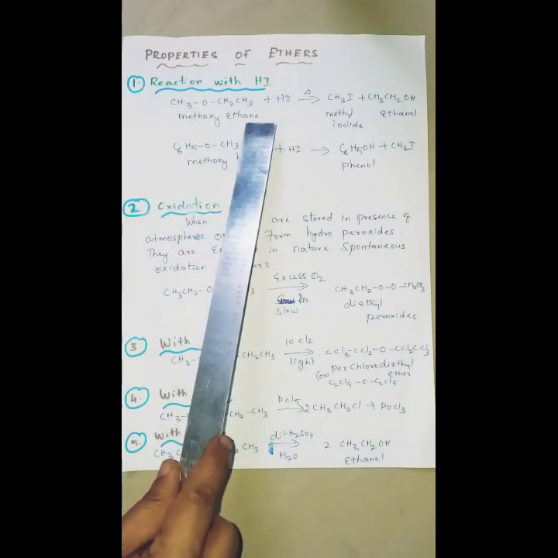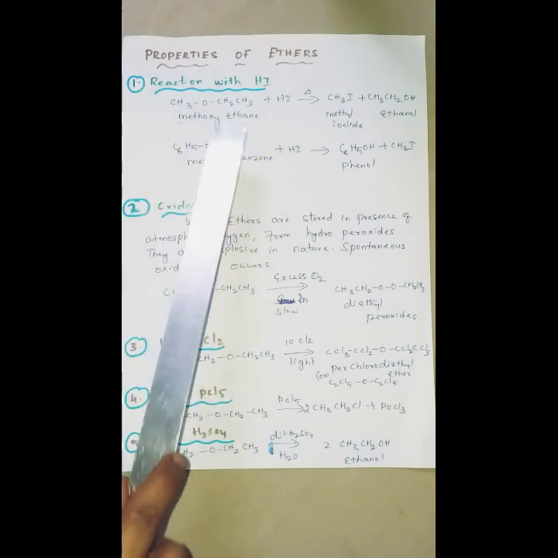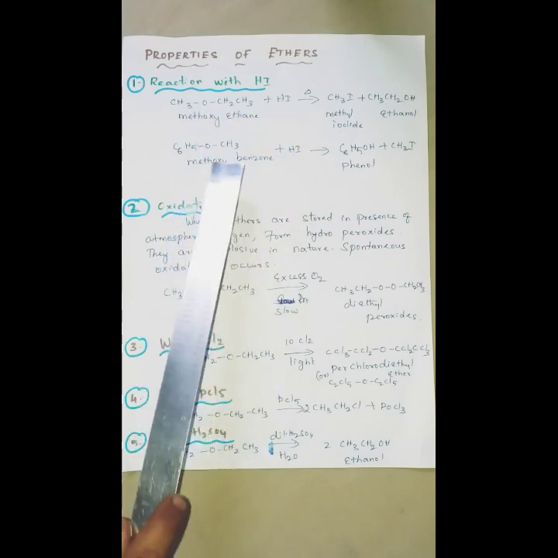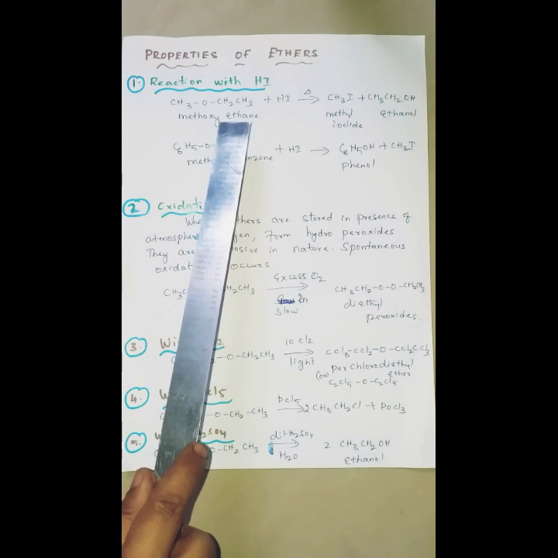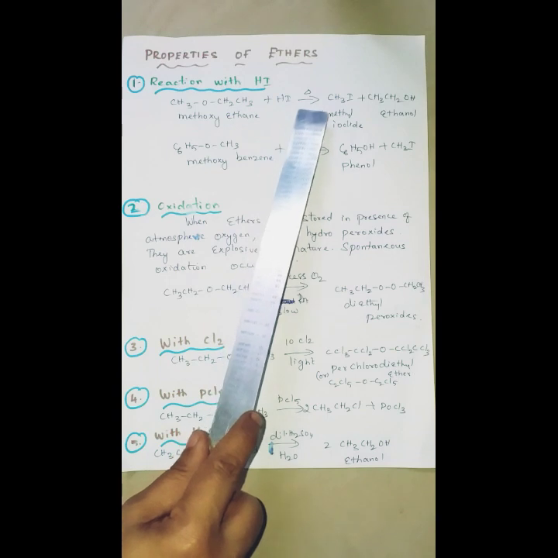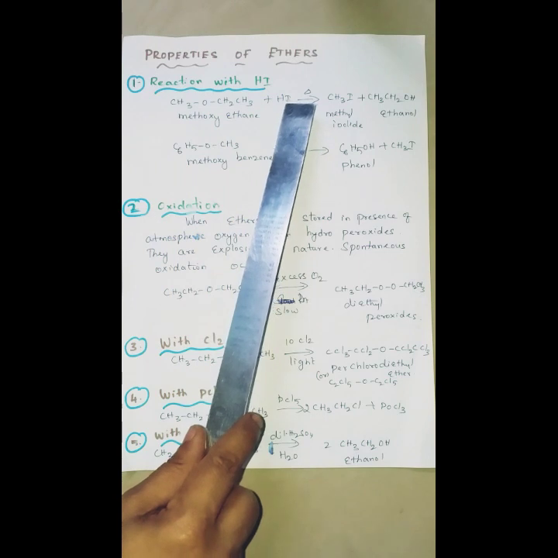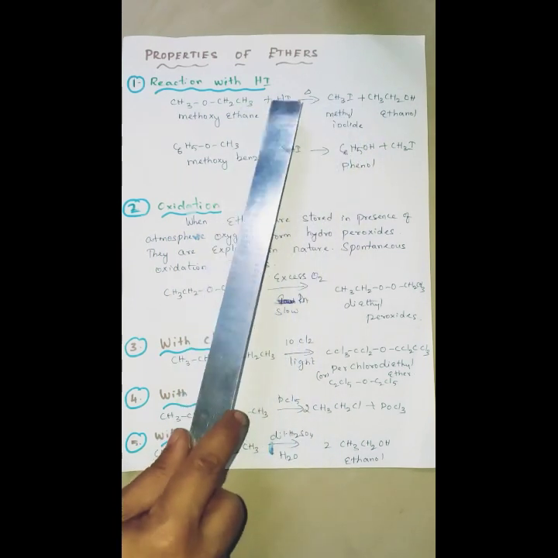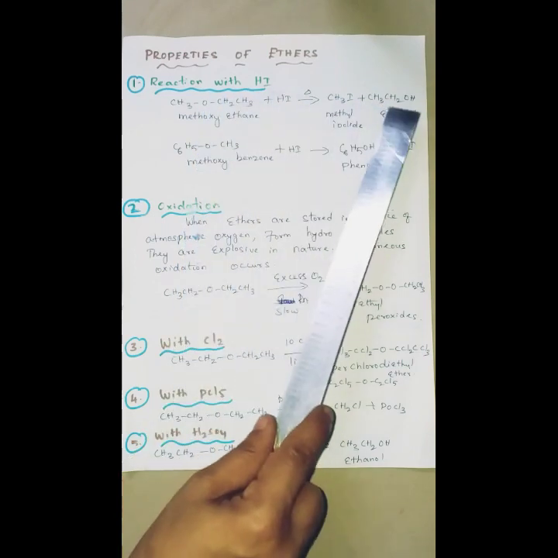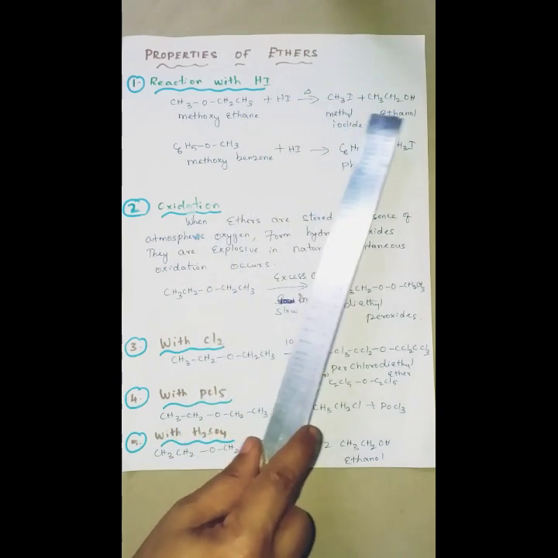See, here is methoxyethane and here is methoxybenzene. The difference is only that here there is a methyl and ethyl group, and here a phenyl group. If you know the name, you can write it, or else only the equation alone. When it is treated with HI, hydroiodic acid, and heated, the CH3 group takes away the iodine to form methyl iodide, and the H adds here to form CH3CH2OH, ethanol. So methoxyethane treated with HI forms methyl iodide and ethanol.